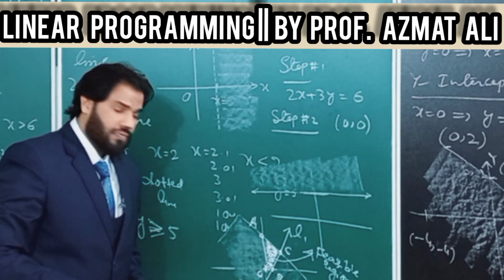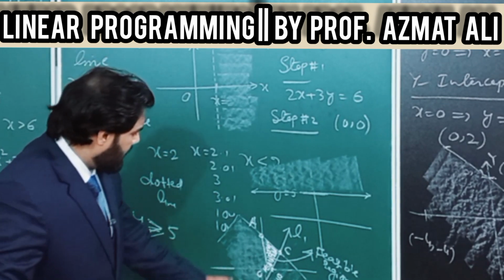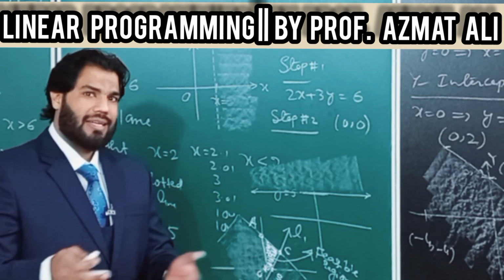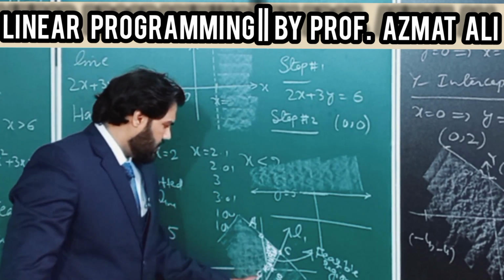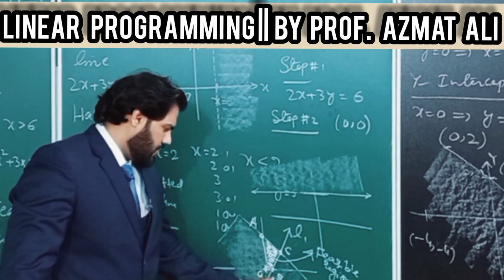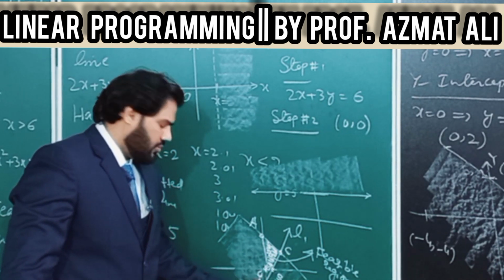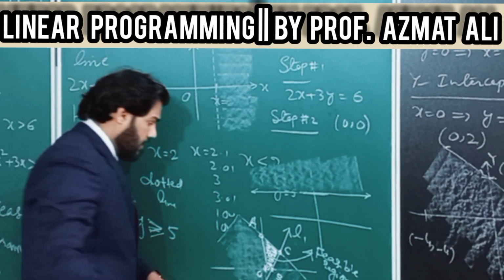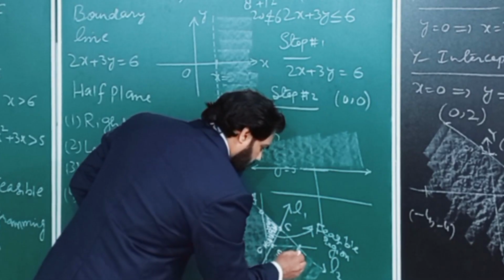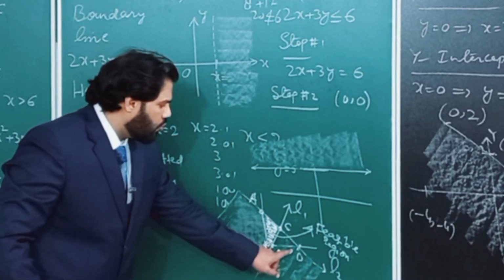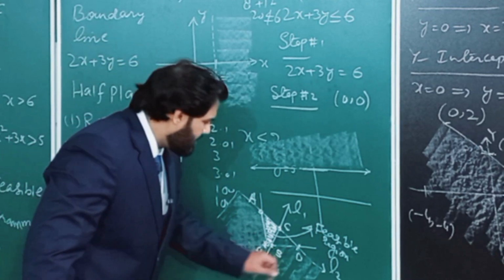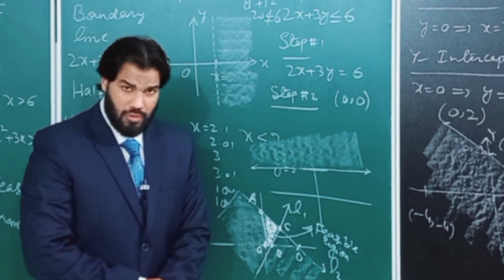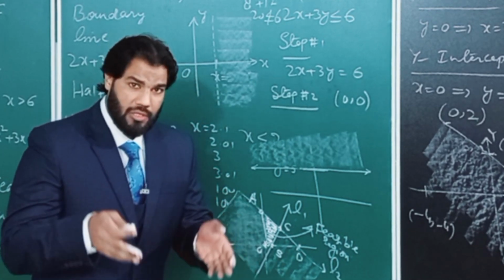Now, in this feasible region, you can notice that there are 4 points where the boundary lines intersect each other and cut the x-axis and y-axis. First is point A, second is B, C, and the fourth one is the origin. So these 4 are the corner points here. Suppose here is also a point D where line L2 cuts the x-axis. That is the x-intercept for line L2. Can we take D as a corner point? No, because D is not in the feasible region.